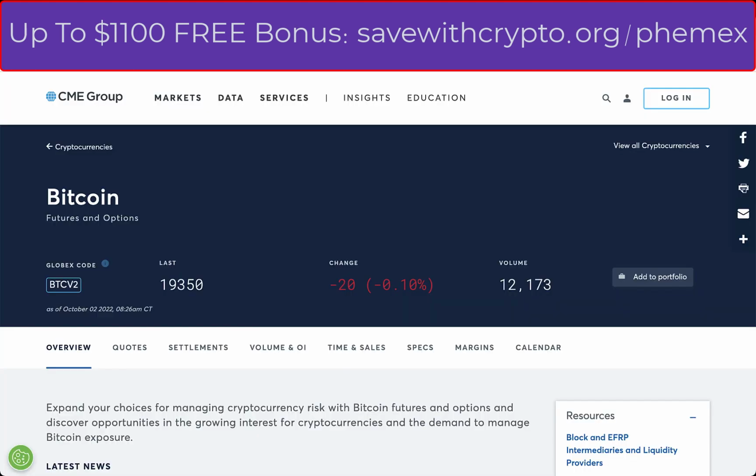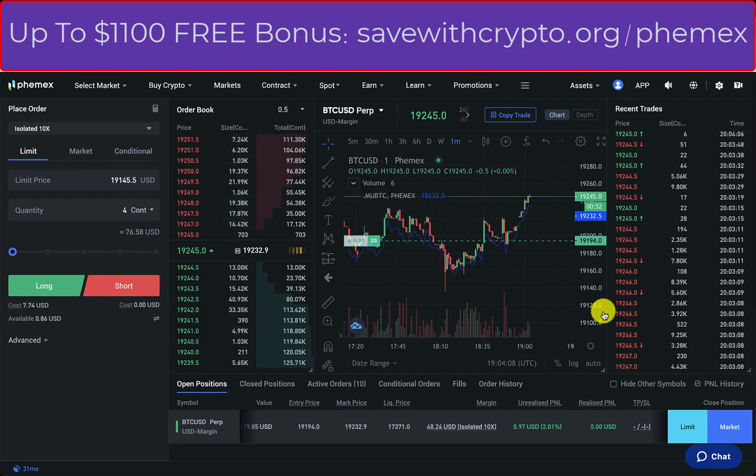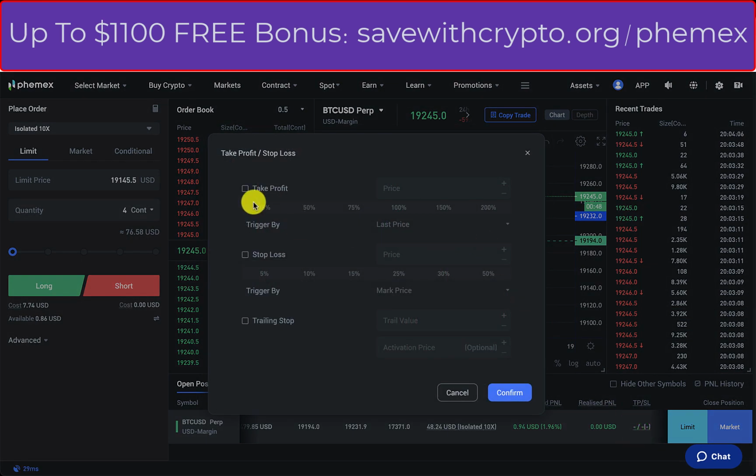So what I'm looking at is the CME closing price on Friday, which was 19,350. So generally what happens on Monday morning, the price will normally go back to this price at some point. So I think that's a reasonable goal. So I might just put in a take profit at 19,350. So let's just do that down here. So there you go, take profit, and that's